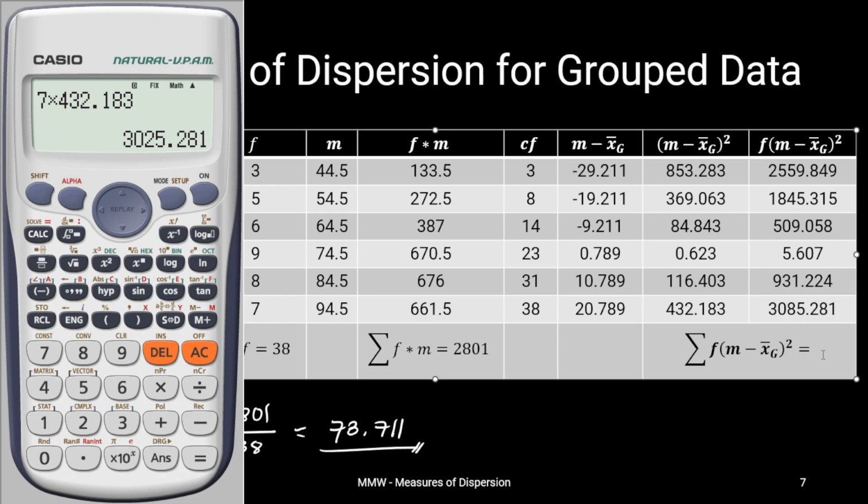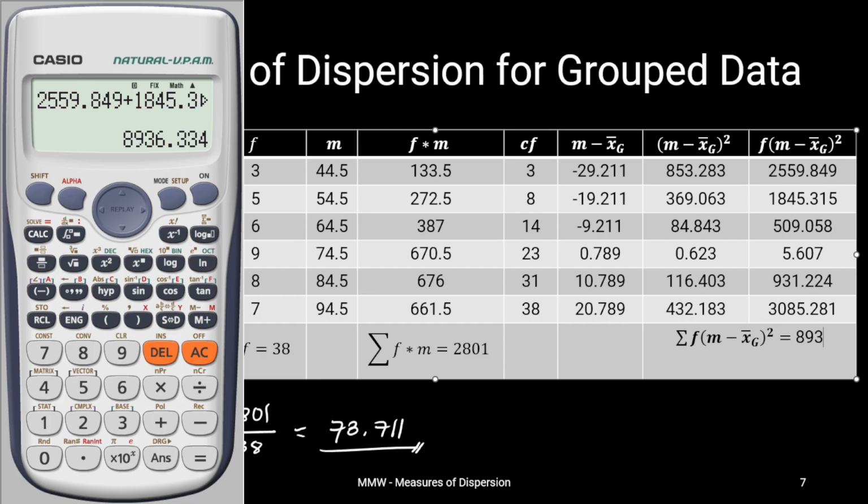So we're just going to get the sum for the bottom. Okay, so for the sum, we have 2559.849 plus 1845.315 plus 509.058 plus 5.607 plus 931.224 plus 3085.281. So we have the sum is